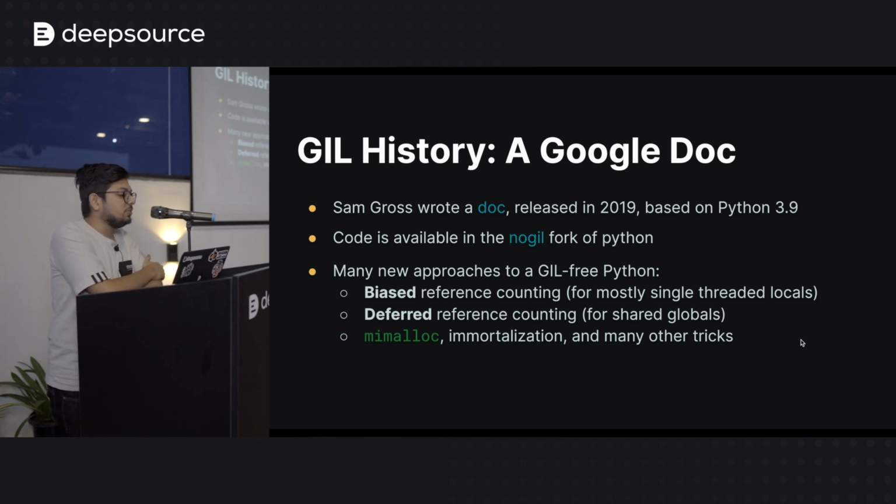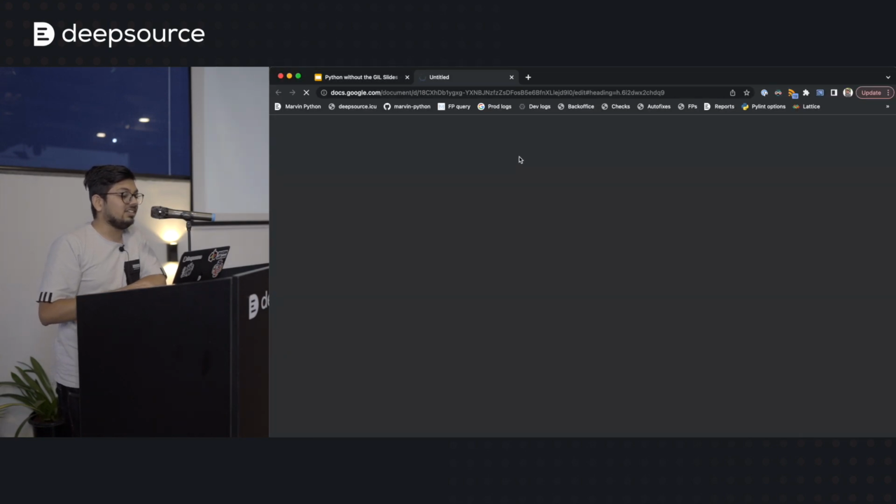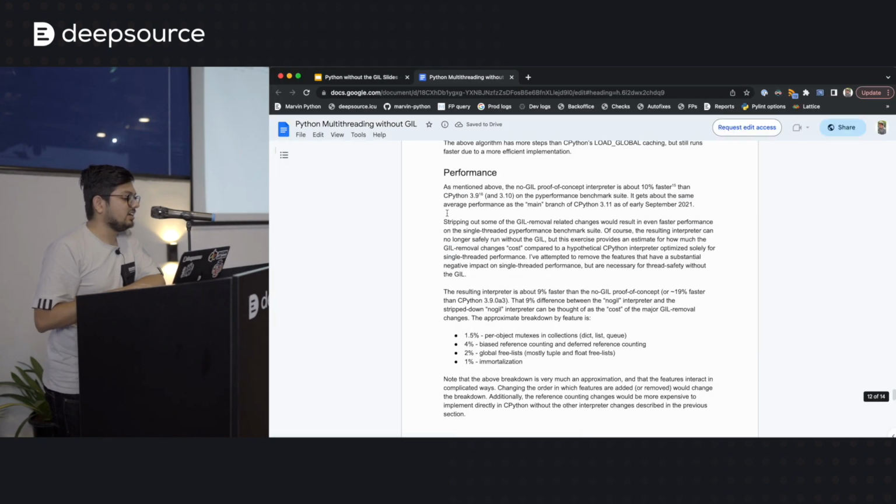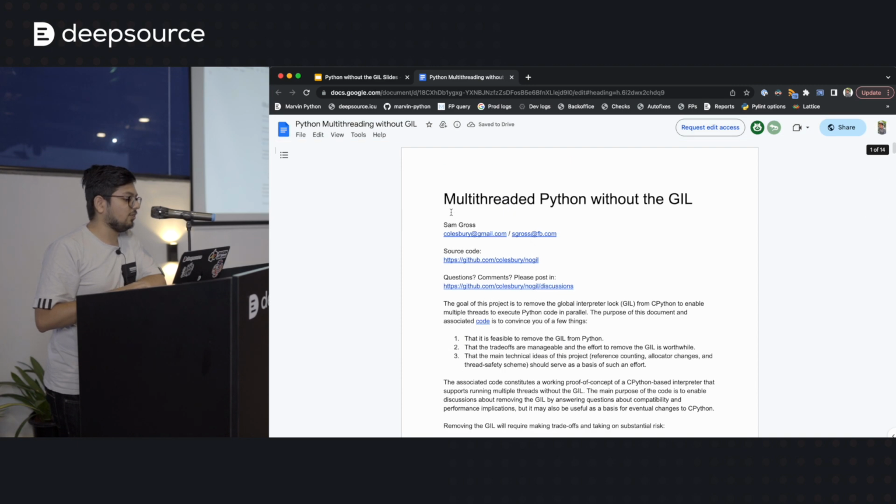Yeah, that's until 2019, when this smart little fellow called Sam Gross came along, and he was like, hey, I think I can do this better. So there's a little detail here which is mentioned in this document. He went ahead and wrote this giant document called Multithreaded Python without the GIL.